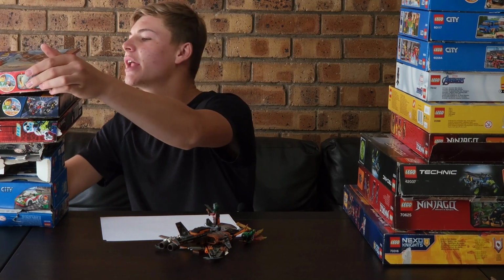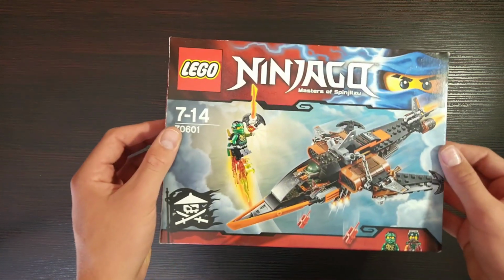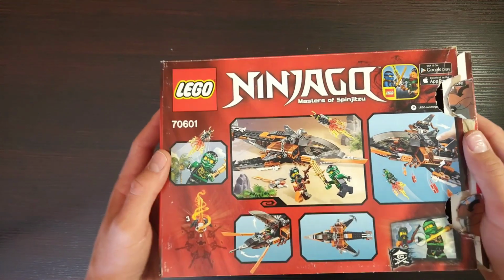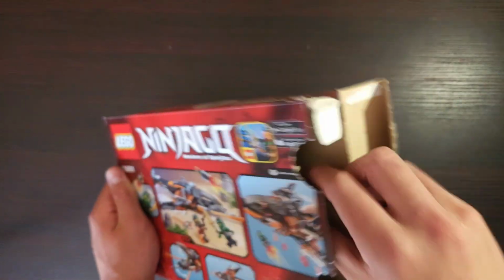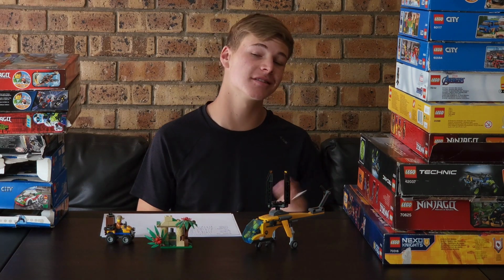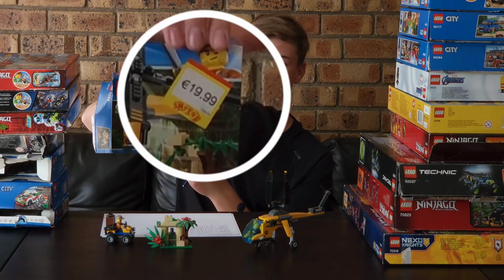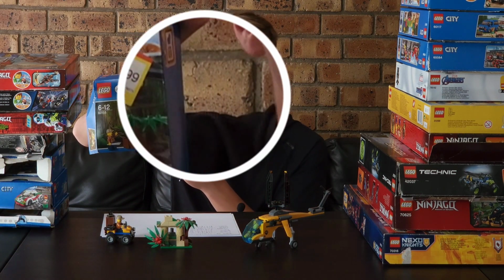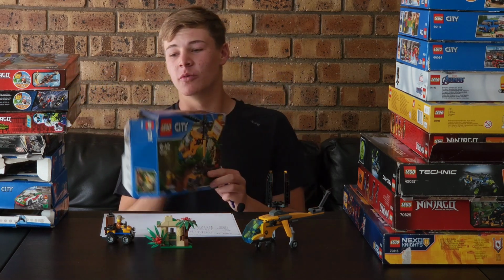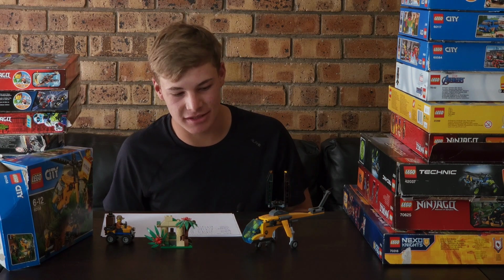This set doesn't have a name, but thankfully I am a Ninjago nerd and I can give you some context. This Lego set is from season 6 of Ninjago, since I'm an incredibly big fan. Season 6, Skybound. Now, our first 10 in a category, of course. No Lego set is a 10 out of 10 since I'm not a master builder yet. Seeing as the price is marked in euros, which is not our currency in South Africa, that bumps up nostalgia to our first 10, since if something happens to the set,